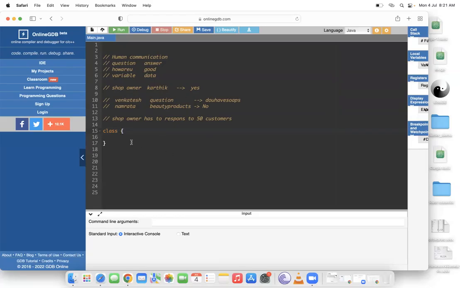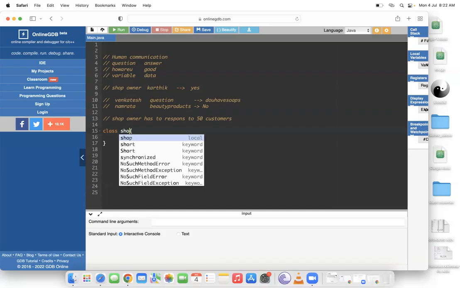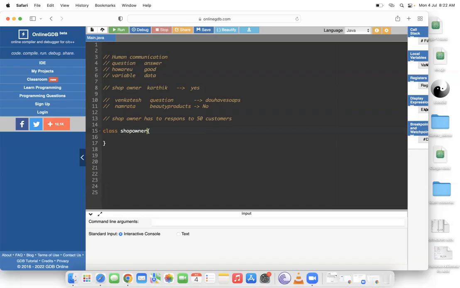So what I'm trying to say is, imagine you have a shop, and the owner of the shop is Karthik, and he has to respond to 50 customers every day. The shop owner will get the same questions, but the answers are going to differ. So then you can put that in object oriented programming. How? You have to write a class. Are you getting my point? You have to write a class name called shop owner,